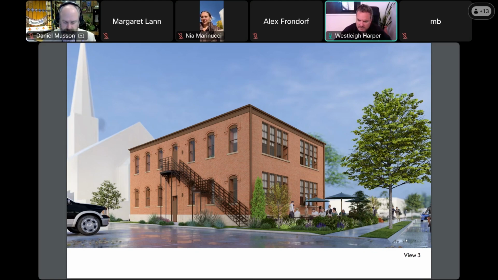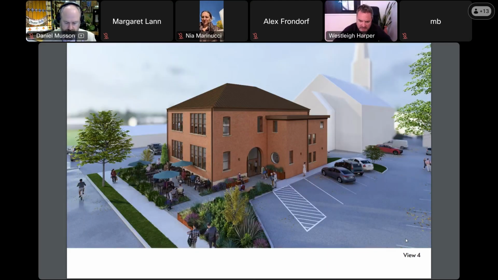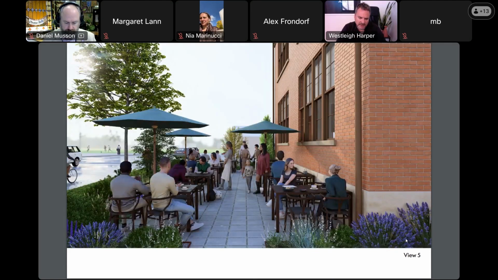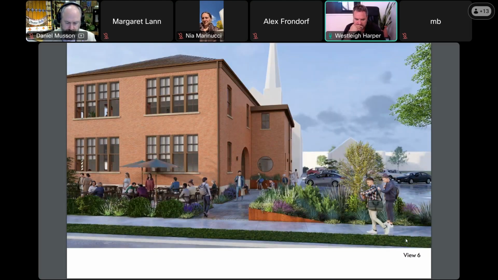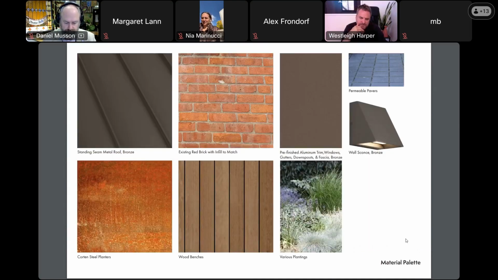Next. Here's a somewhat elevated view so you can see a little bit more of the entry. Next. And then the patio, of course, on the front. Next. Our material palette, which is represented in the renderings. Next.